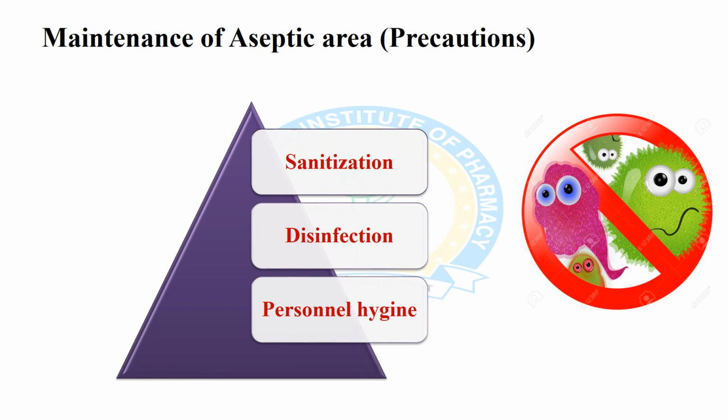Maintenance of the aseptic area means maintaining the clean and sanitized condition of the aseptic area, which requires careful working precautions by expertly trained personnel. A planned schedule of cleaning is to be developed, ranging from daily to weekly or monthly, in accordance with the location and its relation to the most critical class 100 area. For this, sanitization, disinfection and personal hygiene are most significant.